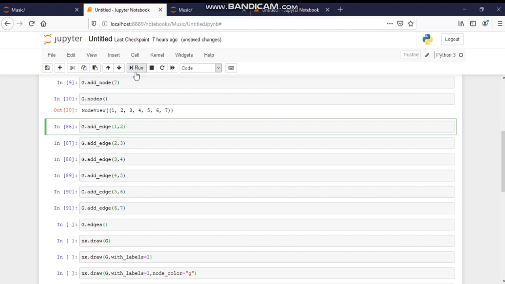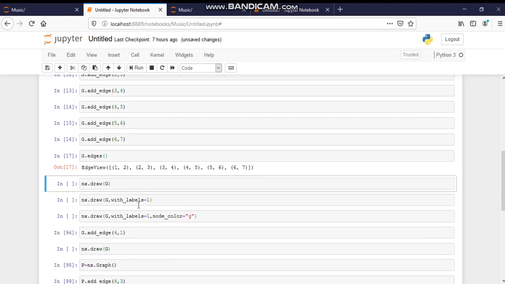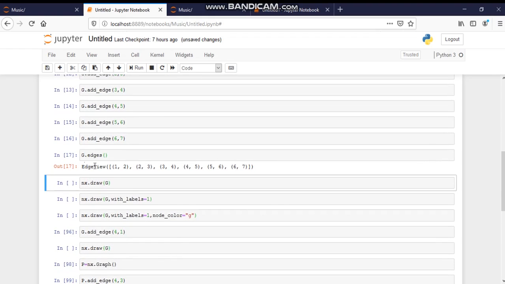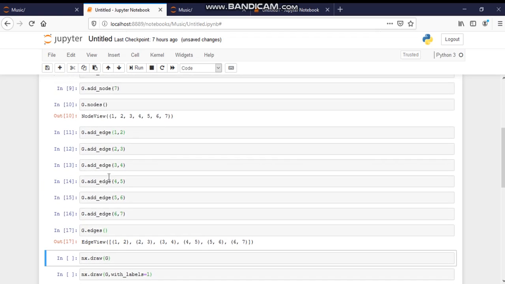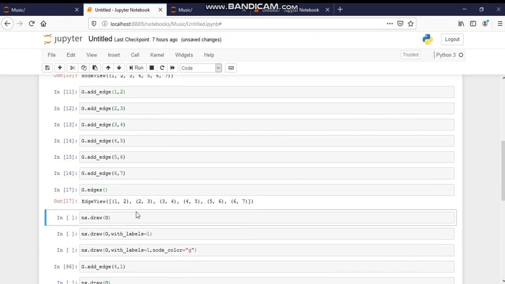So let's run all of them, and once again you can see that g.edges has printed the coordinates of the edges. I have taken 1 2, 2 3, 3 4, 4 5, 5 6 and 6 7 as the coordinates, and all of them are printed here in the form of sets.